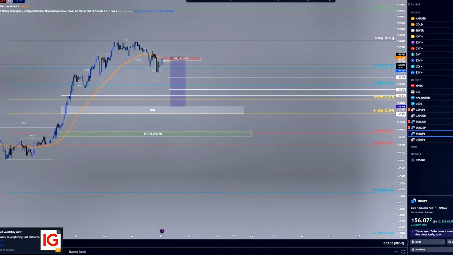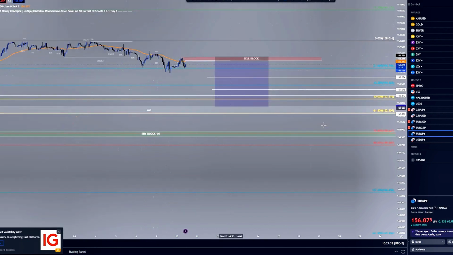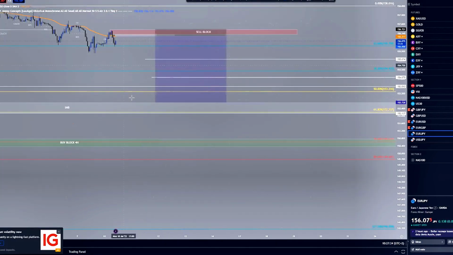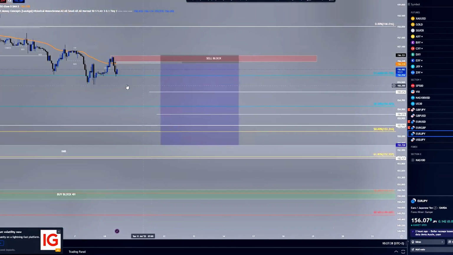So what we can wait for is just a retracement, and I think it's going to come. Oh shit! You can already see it now. It's starting to